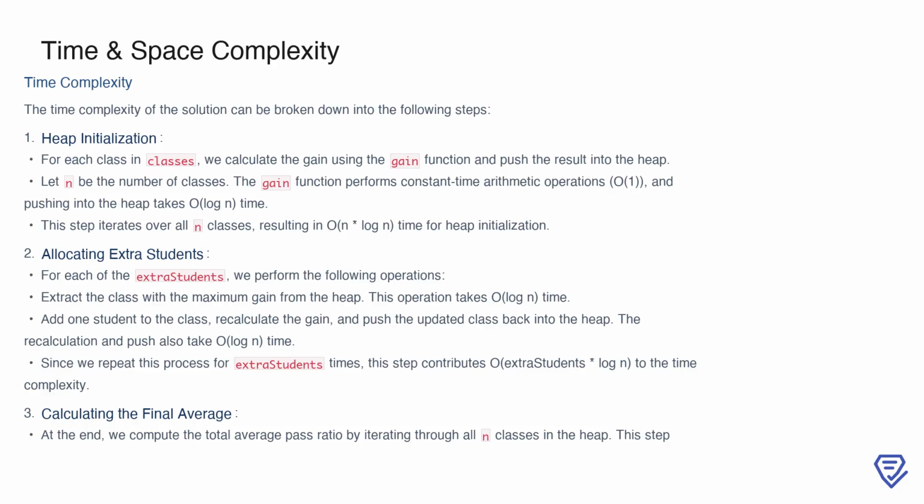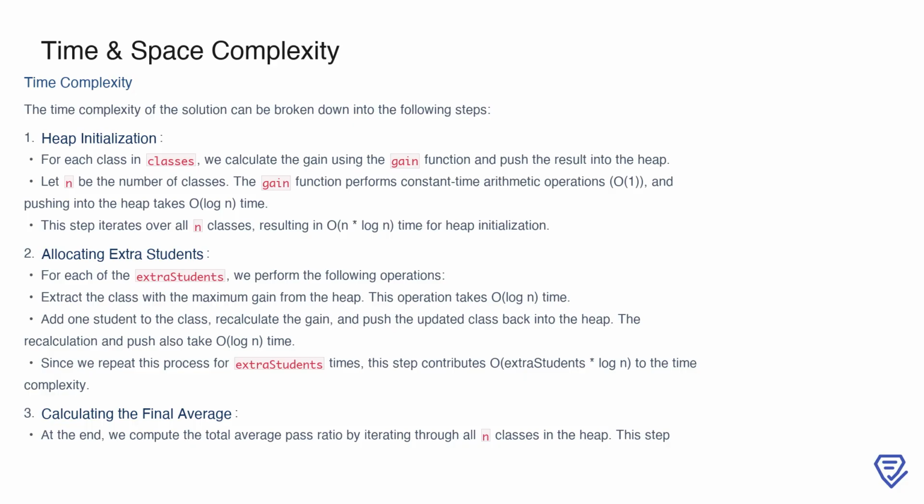Next, we allocate extra students to the classes. For each extra student, we extract the class with the maximum gain from the heap in O(log n) time, recalculate its gain after adding the student, and push the updated class back into the heap. Both the recalculation and the push also take O(log n). If we repeat this extra students times, the time complexity for this step is O(extra students * log